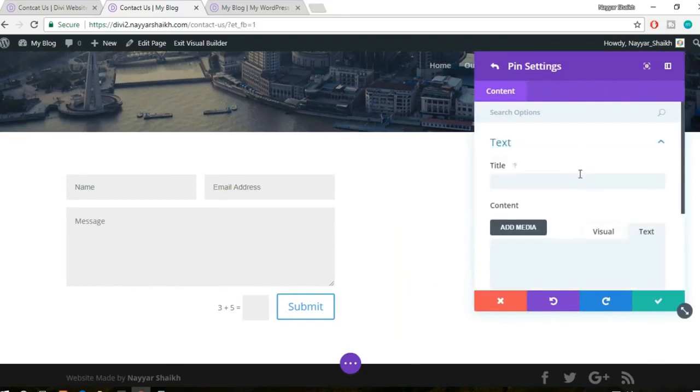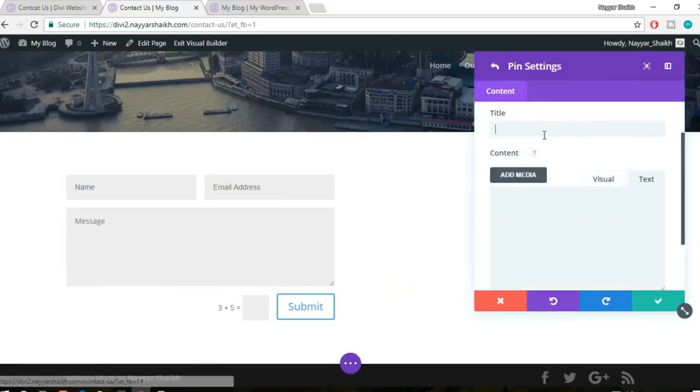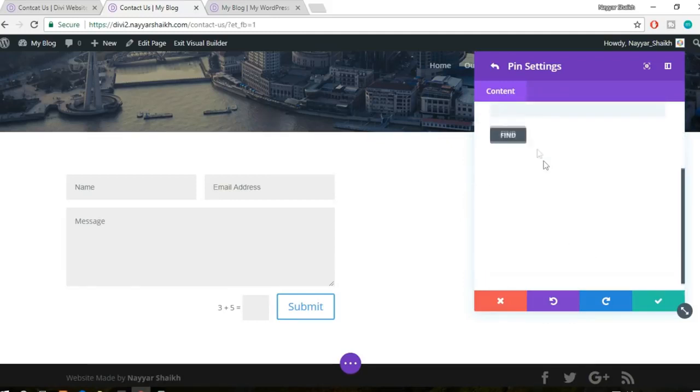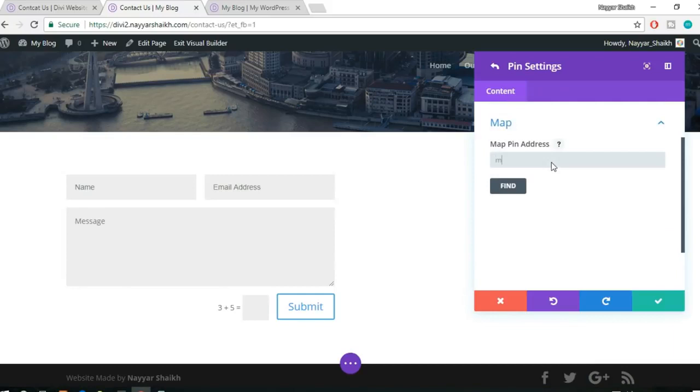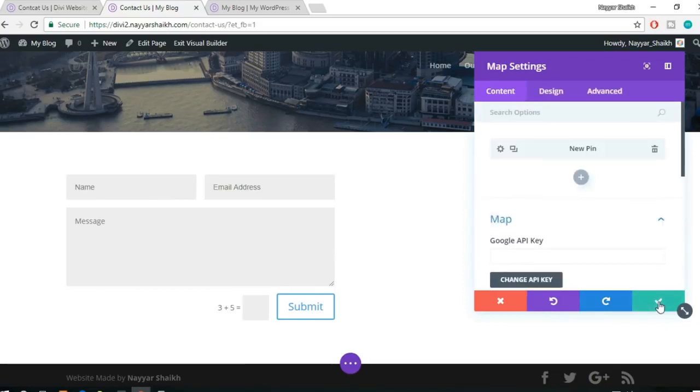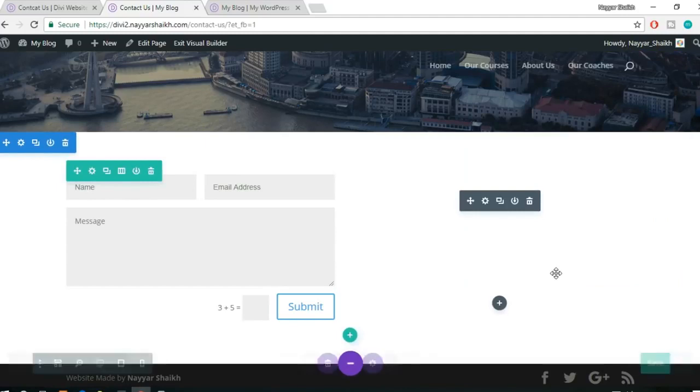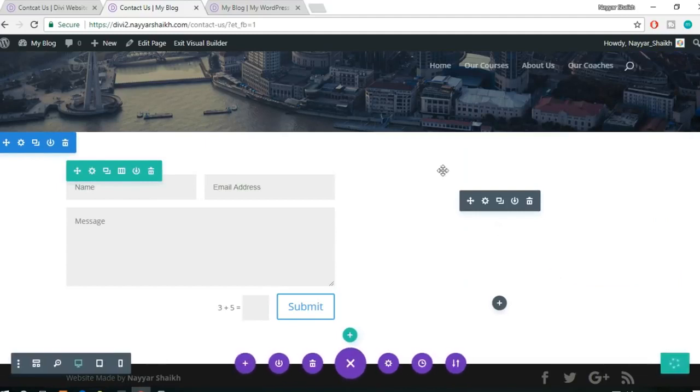Click on this plus button to add a new address. For example, here is the map, so let's select this map pin and type in Mumbai. Let's find. Now as you can see, nothing happens over here because we don't have the API key. So click on OK, click on save settings from here, and open a new tab and type